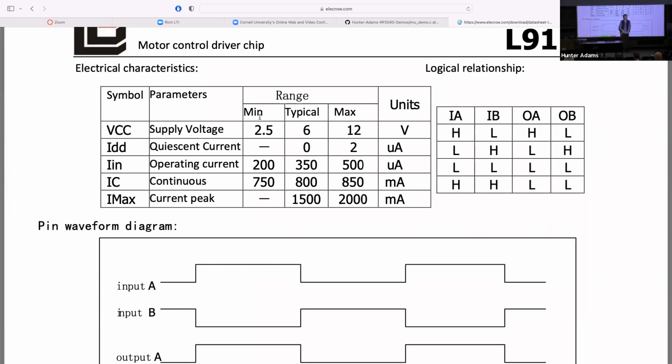If instead you were to ground one of the inputs and pulse width modulate the first one, the expectation is that the motor turns at some speed in one direction. And then if you were to ground that one and pulse width modulate the other one, the expectation is that the motor turns at some speed in the other direction. Right? So just something to look out for. Any motor driver questions?